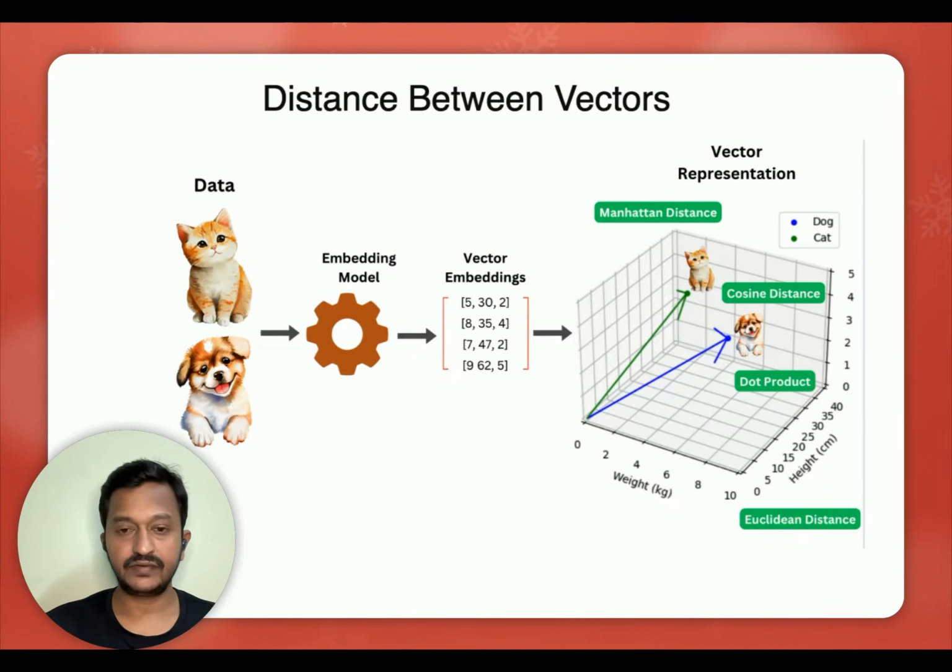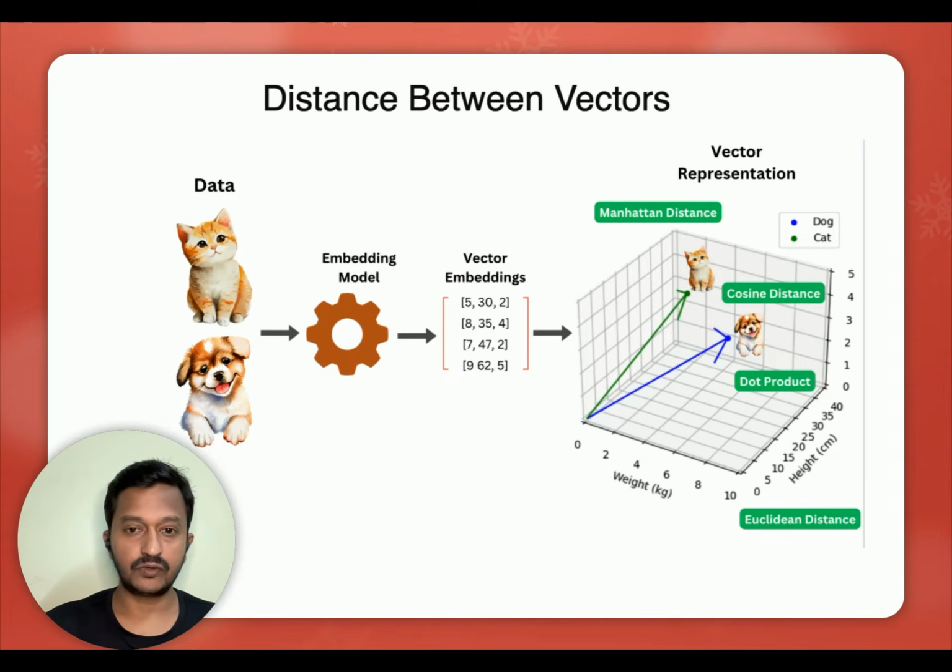So now that we have converted our data into vector embeddings and stored them in a vector database, how do you calculate the distance between the vectors? That's also very important. How do machines calculate, when retrieving similar objects using semantic search or vector search, how is this